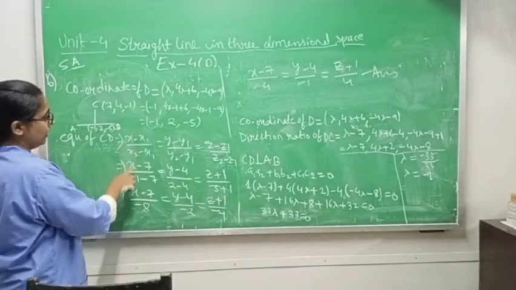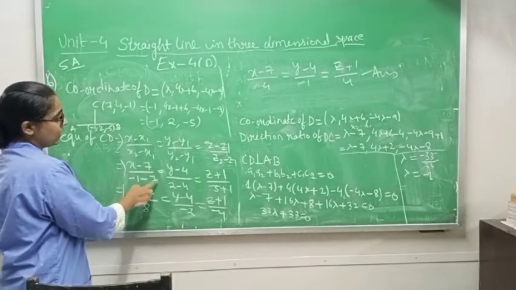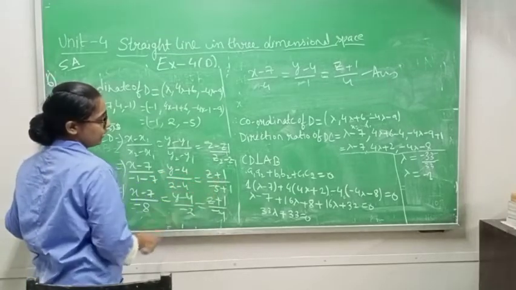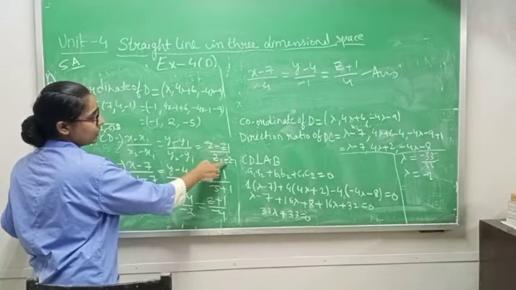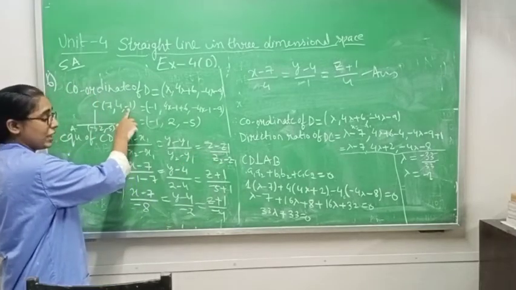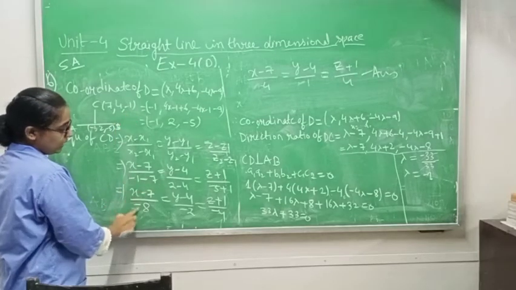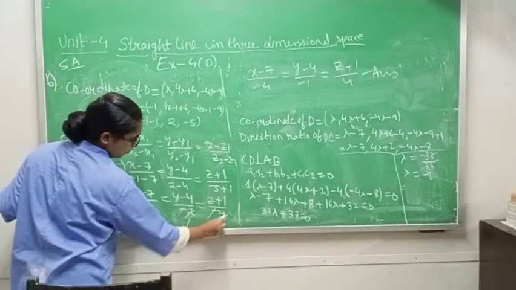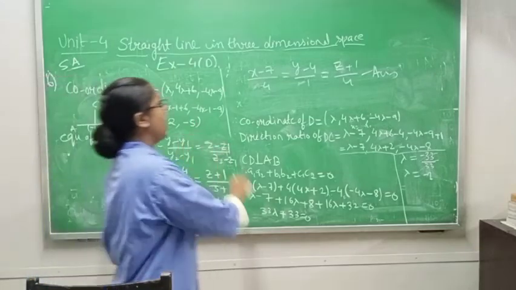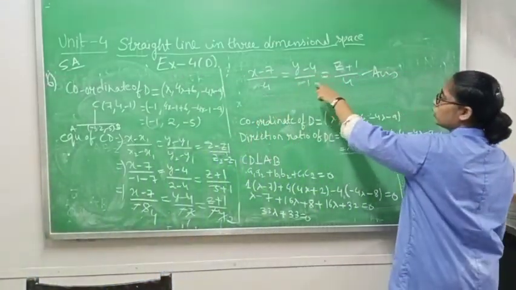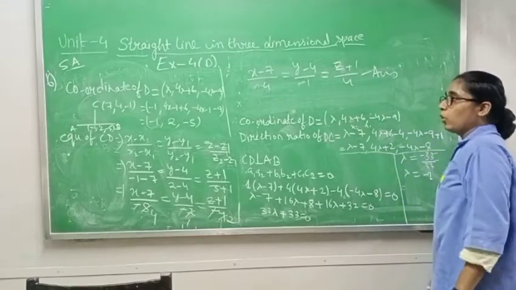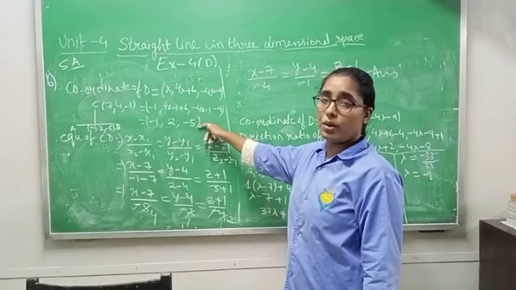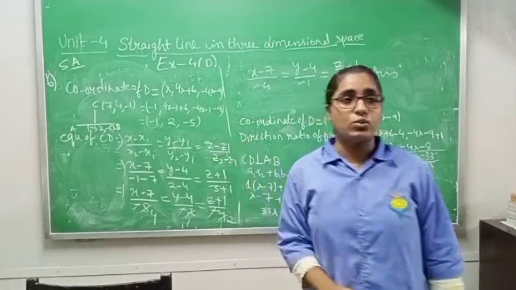When you put these, you will get x minus 7 by minus 1 minus 7 equals y minus 4 by 2 minus 4 equals z plus 1 by minus 5 plus 1. Plus it will become, because minus is here and here we have a minus sign, so minus minus will become plus. When you solve, you will get minus 8, minus 2, minus 4. Minus minus minus will cancel. 2 4s are 8, 2 1s are 2, 2 2s are 4. So you will get the answer x minus 7 by 4 equals y minus 4 by 1 equals z plus 1 by 4. So this is your equation of CD and the coordinate of D is minus 1, 2, minus 5. Okay, complete this one.